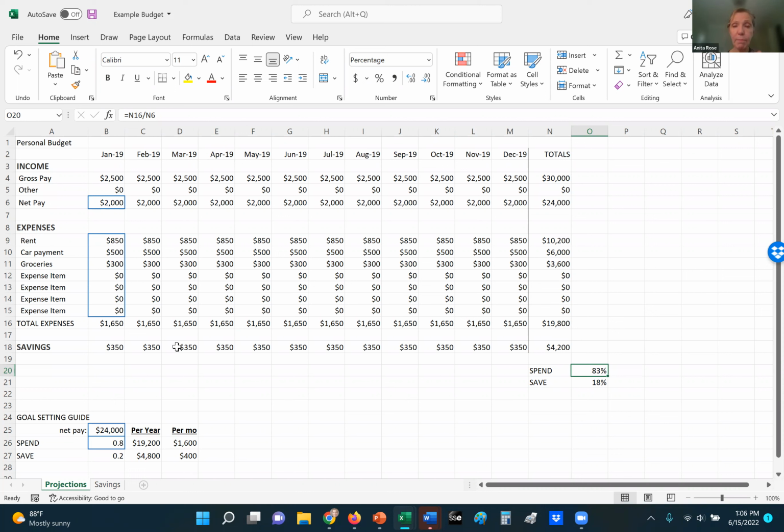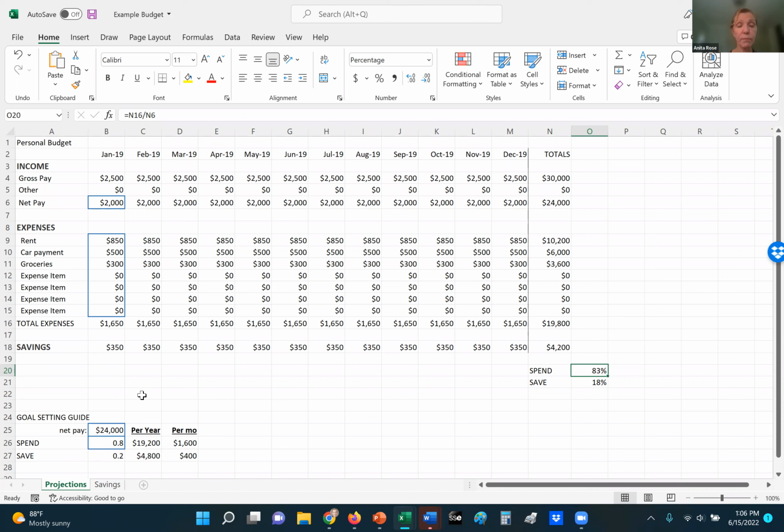And the main part of this is to actually focus on savings. You want to be able to have savings. So you want to see, what are my expenses and what am I saving? Actually, I prefer to move the savings up here. So you have income, you pay yourself first, and then you have your expenses. But we all know we have to pay those expenses. But you want to budget for savings as well.